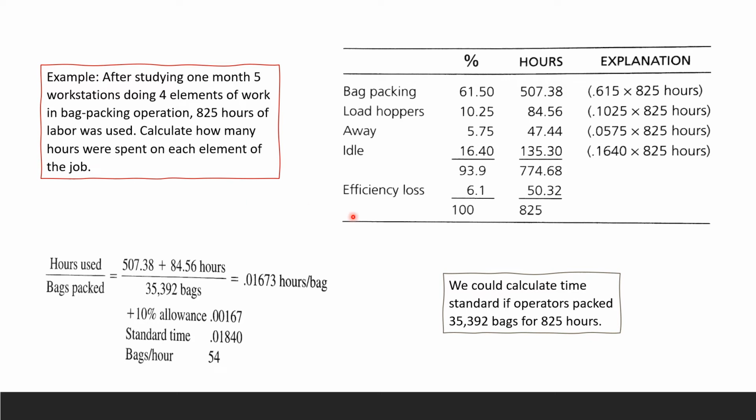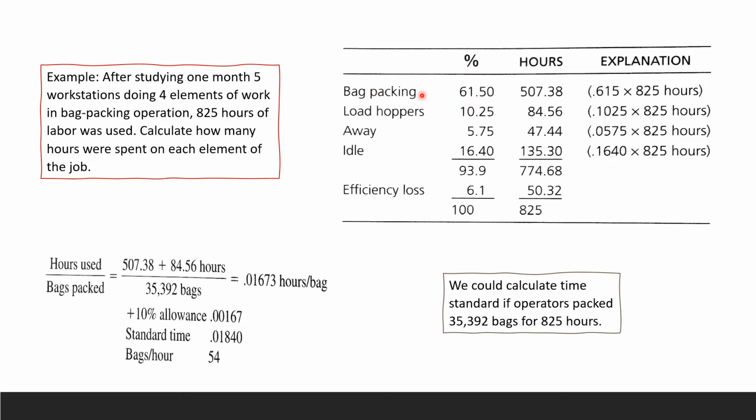Okay, this is another example. After studying 1 month, 5 workstations, doing 4 elements of work in a backpacking operation, 825 hours of labor was used. Calculate how many hours were spent on each element of the job. So in order for us to calculate how many hours were spent on each element of the job, we do the same thing and we take this work sampling, which is